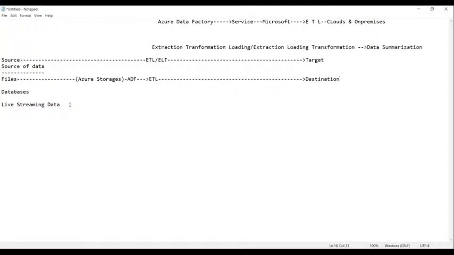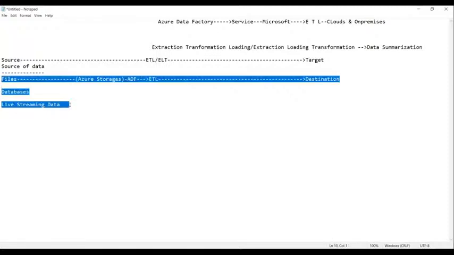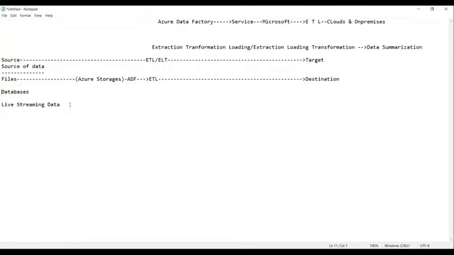Whereas, guys, when it comes to this data, how many types of data can we have? Generally we have three types of data. The first one is structured data.